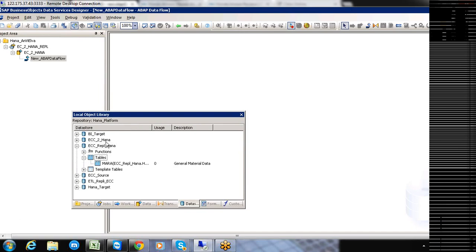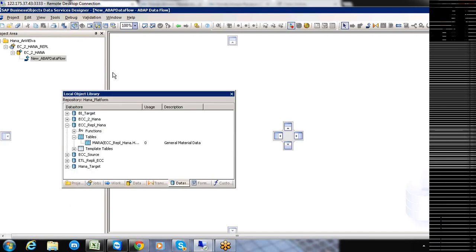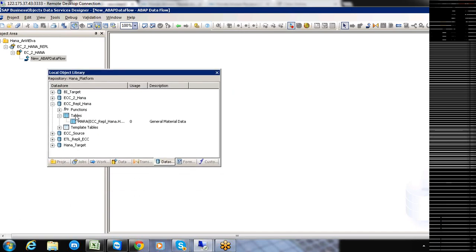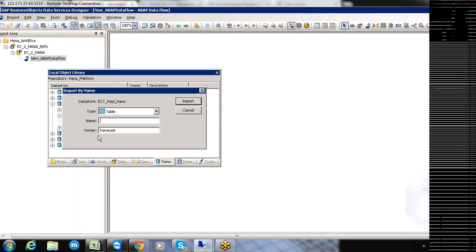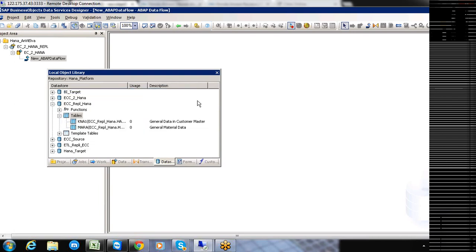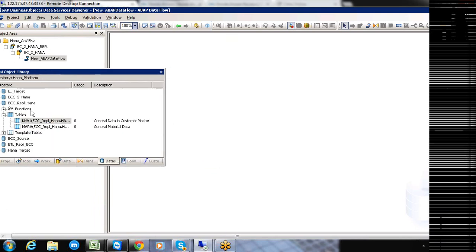Select the tables. What is the table that you have here? MARA is there, but I am interested in this particular KNA1 table. So please import this KNA1 table here. One table. Click on this import. This is imported. So I'm selecting this particular KNA1 table and bringing it onto this particular ABAP data flow.